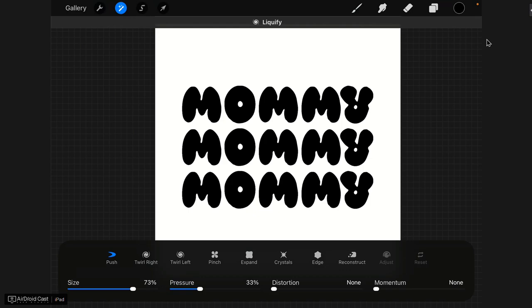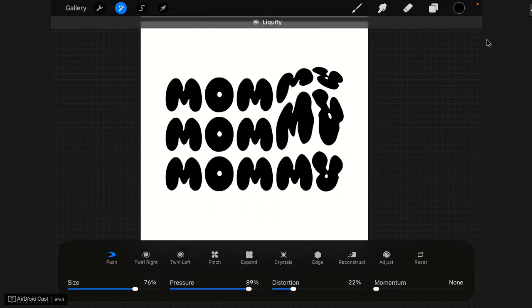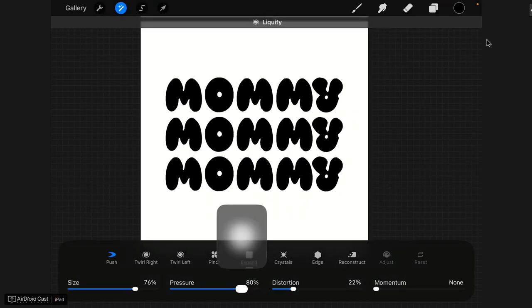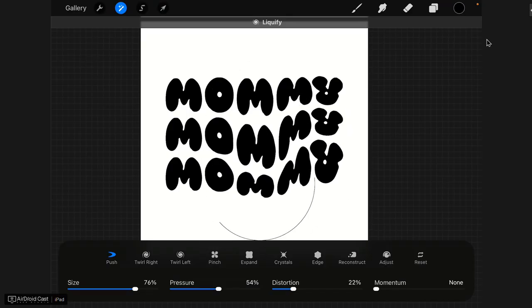It gives you a few different options here. You just want to push things out. This is going to be the size of your brush. This is how much pressure it's doing, and this is how much of a distortion. So you really have to play around with that for the look that you're wanting, because that was way too much pressure. And then you just slowly push up and down,